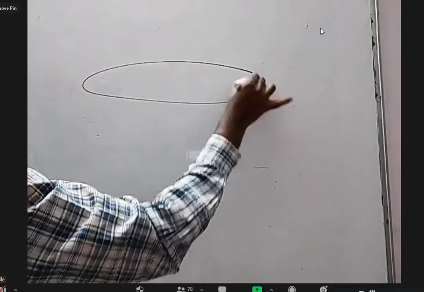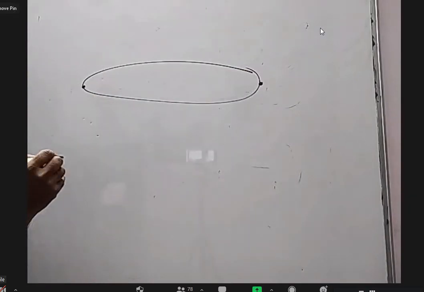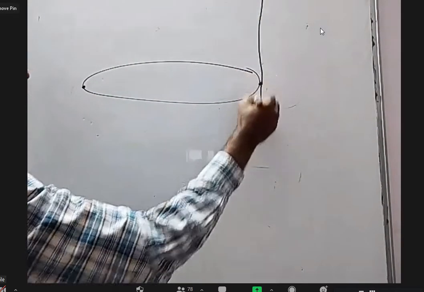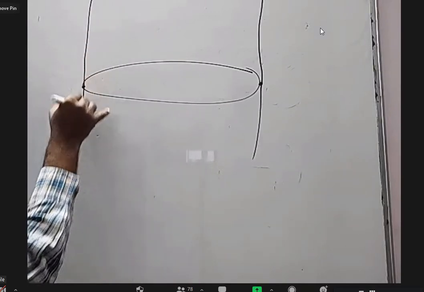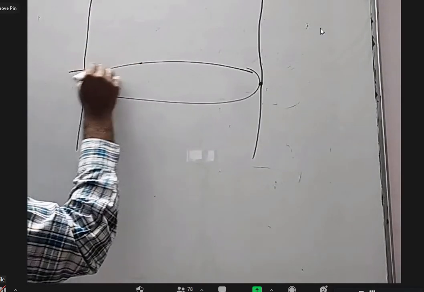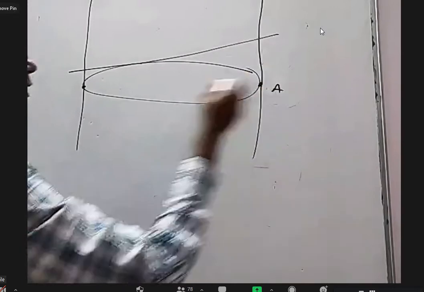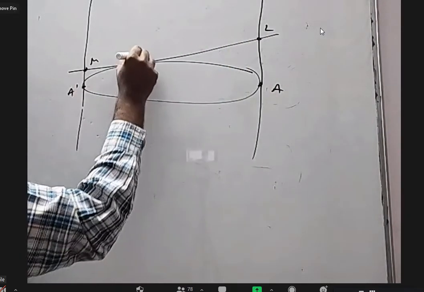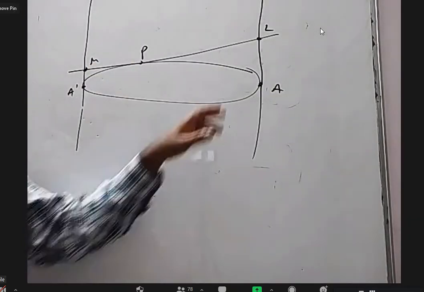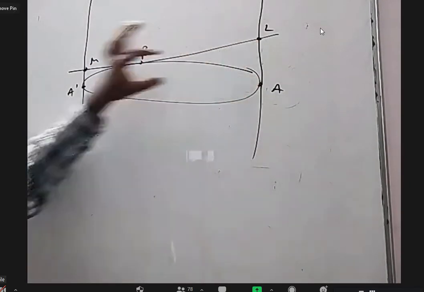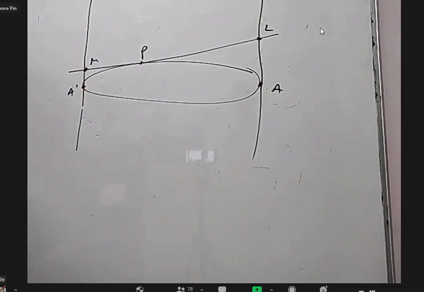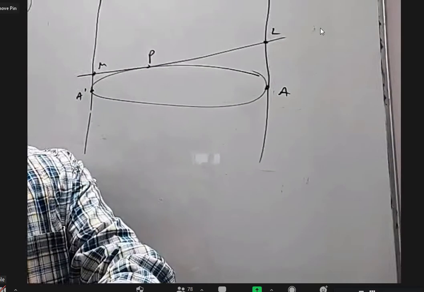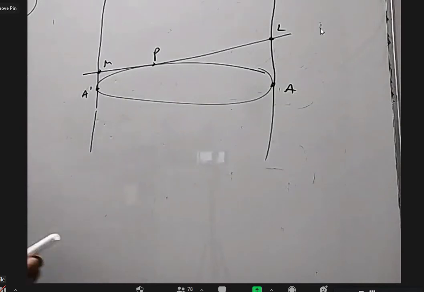You take an ellipse, take the two ends of the transverse axis, draw two vertical tangents, and take any other tangent. This is A, this is A dash, this point is L, this point is M. So you take any tangent. This AL height and this A dash M height, the product is apparently constant. They're asking what that is. Whether constant or not, to prove it you have to do a little bit of work. But what that constant is, is very easy to tell.